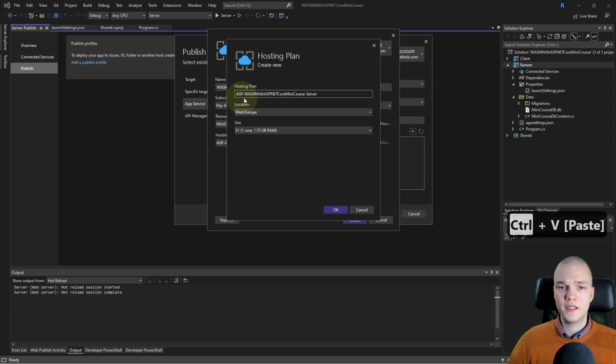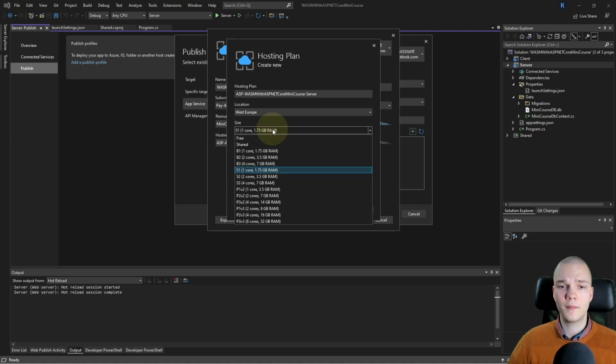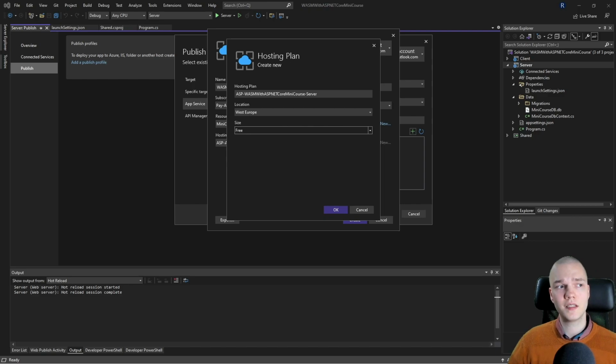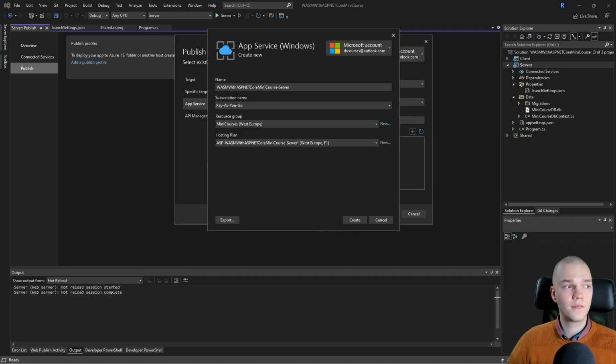And then I'll paste the app service name, select the location closest to you. For me it's West Europe, and I'm gonna set the size to 3, and that makes it so that we won't get any bills for this resource. And then I'll hit OK and create.